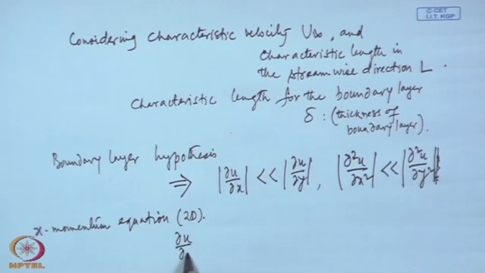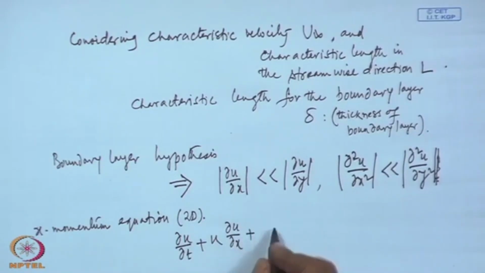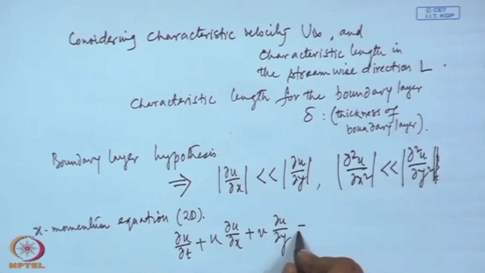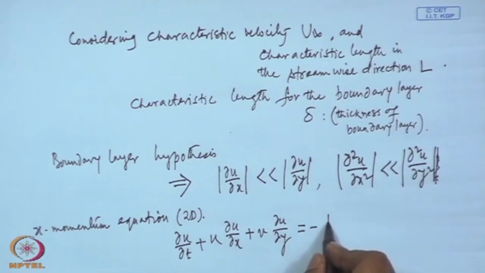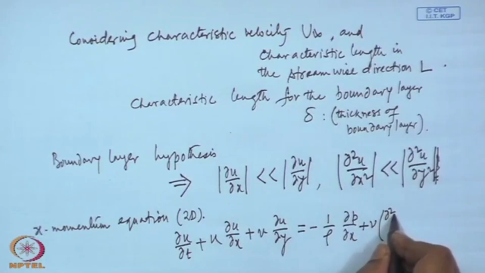du/dt plus u du/dx plus v du/dy equal to minus 1 by rho dp/dx plus nu into d2u/dx2